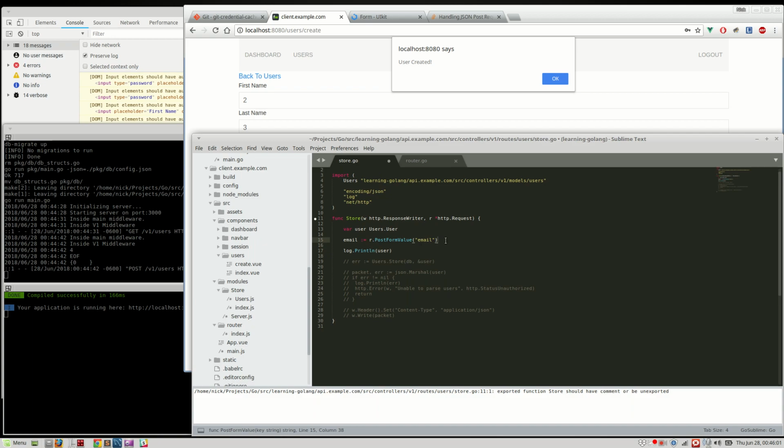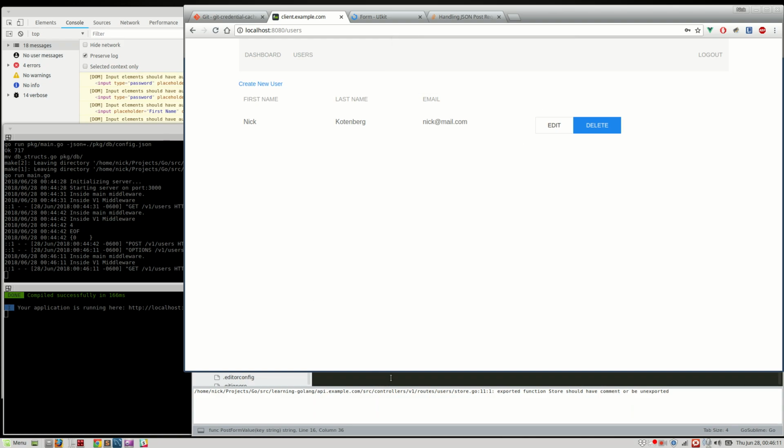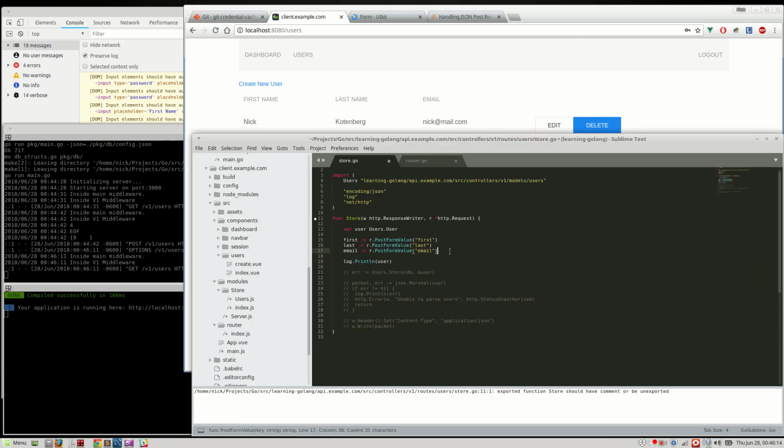We'll say email, first, last, and then password, right? Password. Okay. All right, and then we can say, let's see, cast interface to strings. When you say if error